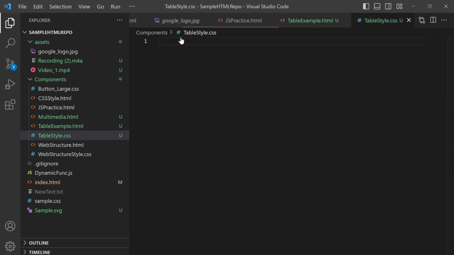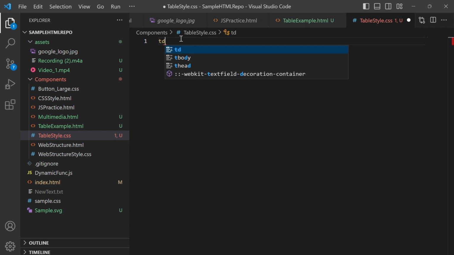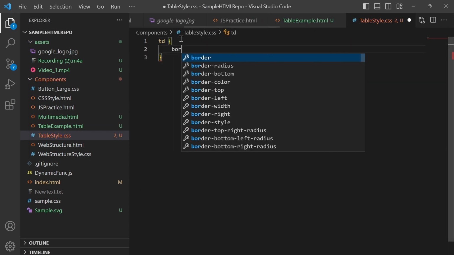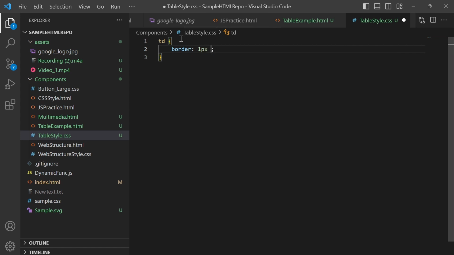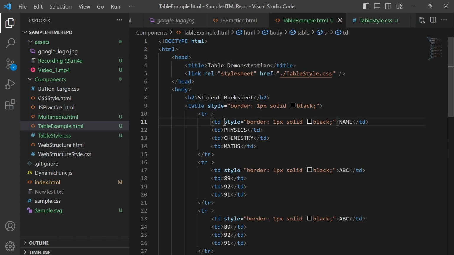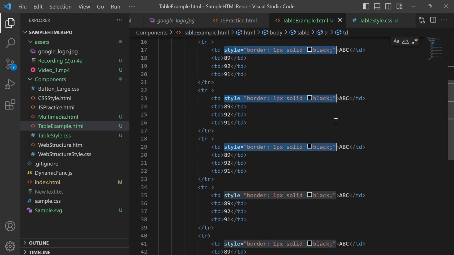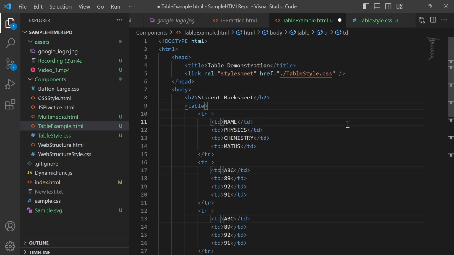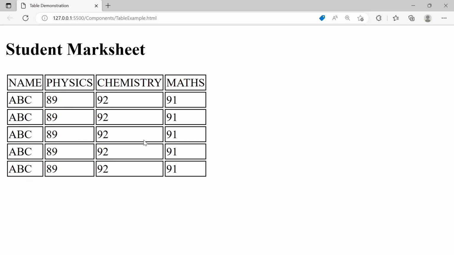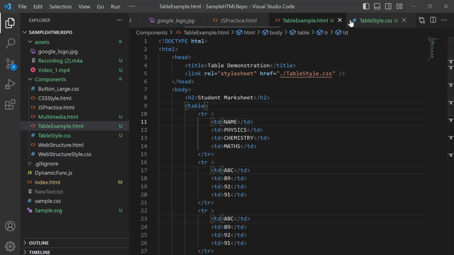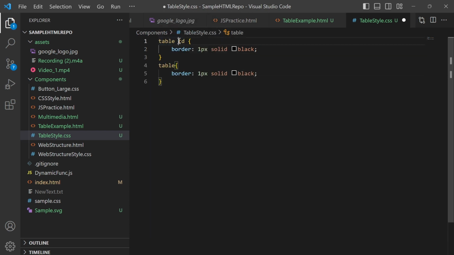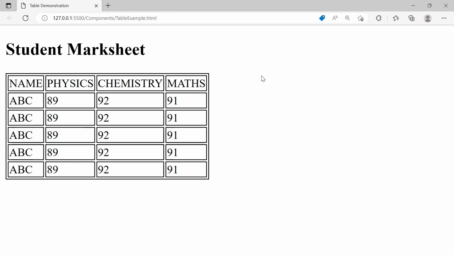So I will just put td, that is the tag name, and put the same thing here, 1px solid black. Okay, and if I remove all those things, see it has borders. I need not remove it, because this will be added to this td element only, which you will understand after CSS. So I just added a border to the table.